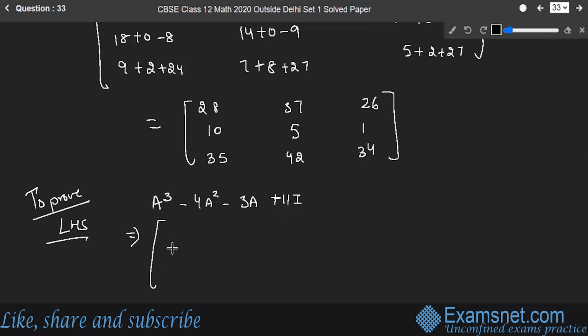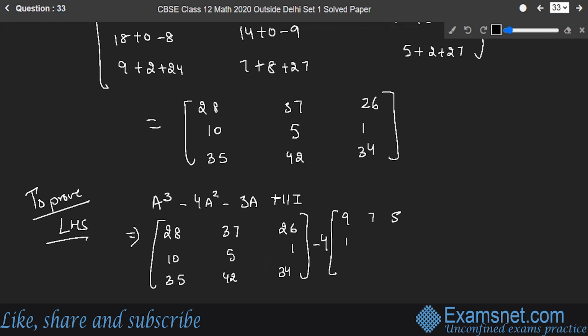So this is equal to 28, 37, 26, 10, 5, 1, 35, 42, and 34, minus 4 into A square, so 4 into 9, 7, 5, 1, 4, 1, 8, 9, 9, minus 3 into 1, 3, 2, 2, 0, minus 1, and 1, 2, 3, plus